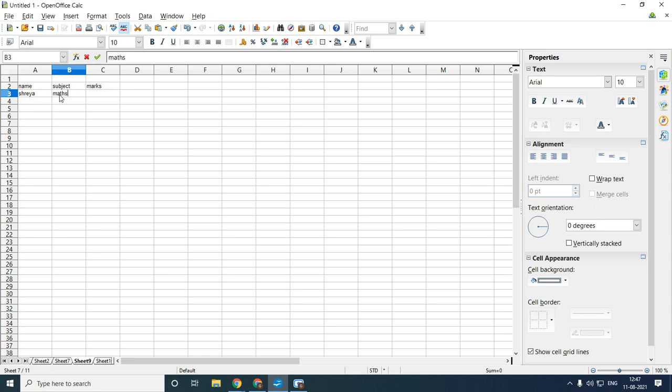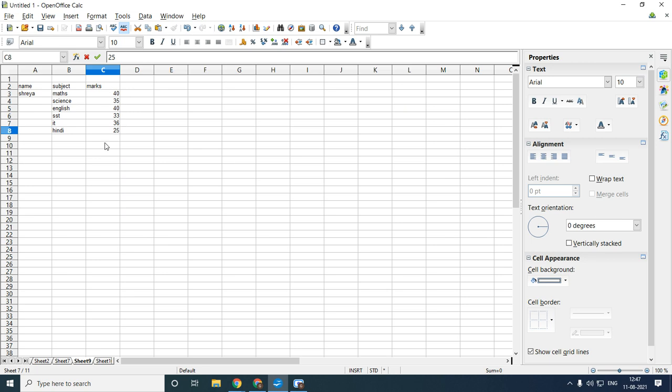Here I'll take all subjects, Hindi or Kannada. Next, I'll add marks here, that is 40, 35. Suppose if it is UT, here it is 25. Now I want to add the total marks of this.